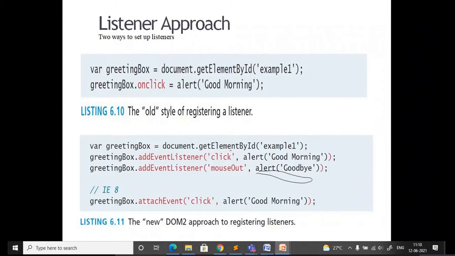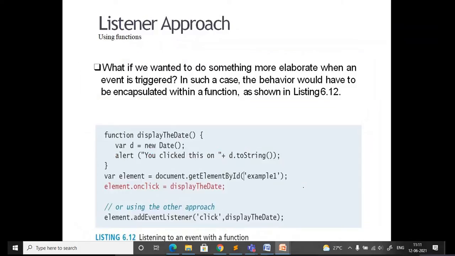Don't always use only the alert function. In the example I'll show you, I will write a user defined function, and that function should be called. When you are calling the function here, you should not give the parentheses. Normally when I say function, we specify the parentheses, but when using the event listener, you just specify the event name, comma, and in quotes the event, then the function name, and that should not contain the parentheses, just the name of the function. Close it and put a semicolon. We'll do one example for that.